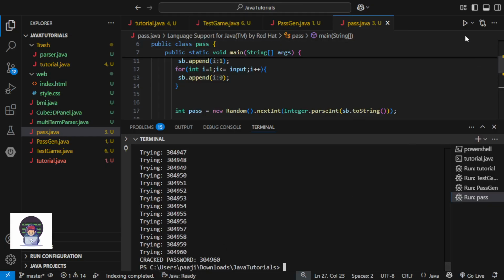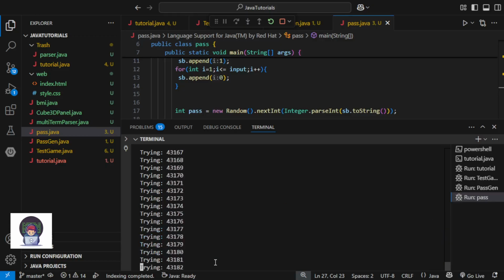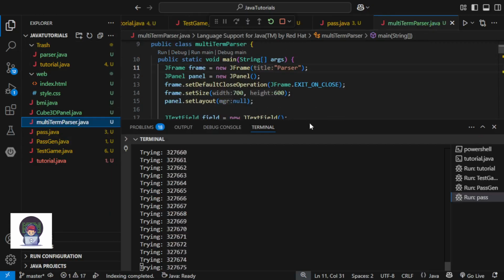See, it cracked, and it doesn't matter. Let's say, for example, I have a password of length 3, 1, 2, 3, 4, 5, 6, 8, 7, 8, 8, and see. So I will just get back to this, and this will not take that much time. So let's go ahead, we will come back to this, okay?